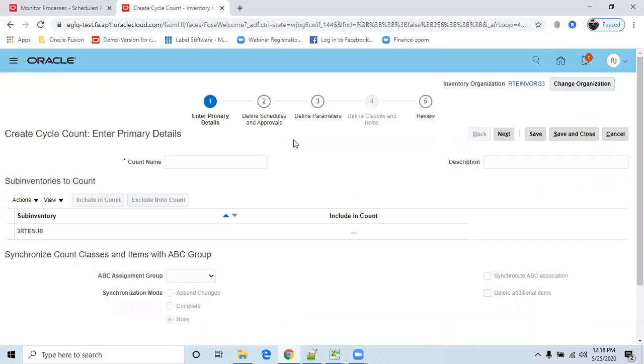Provide some counting name, cycle count. We have only one sub inventory, so select the sub inventory and include in the count. After that, we have to give your assignment group here. Okay, and click on next.